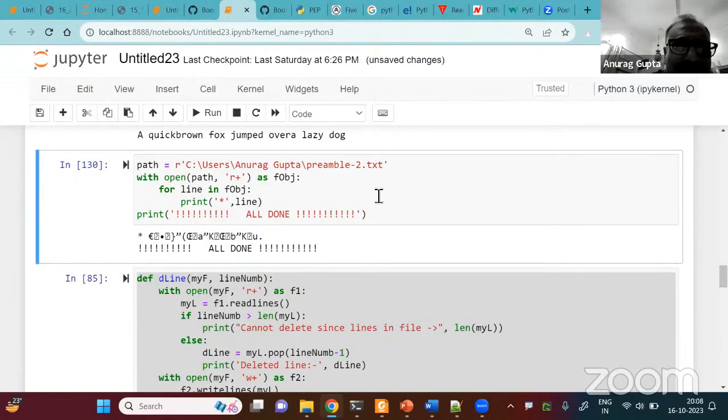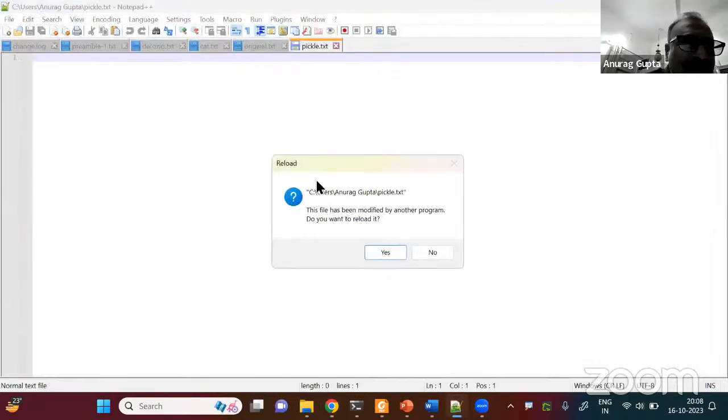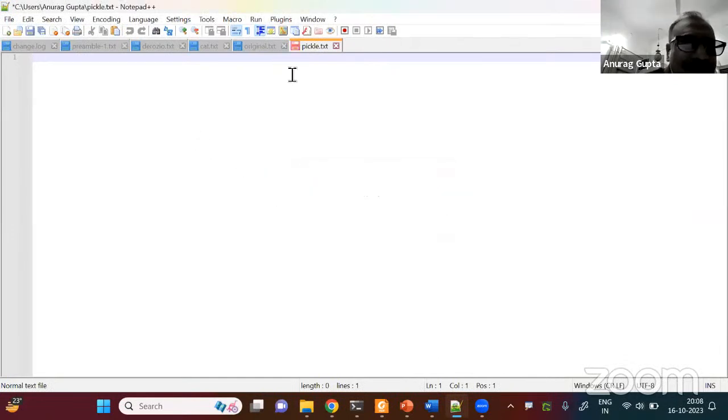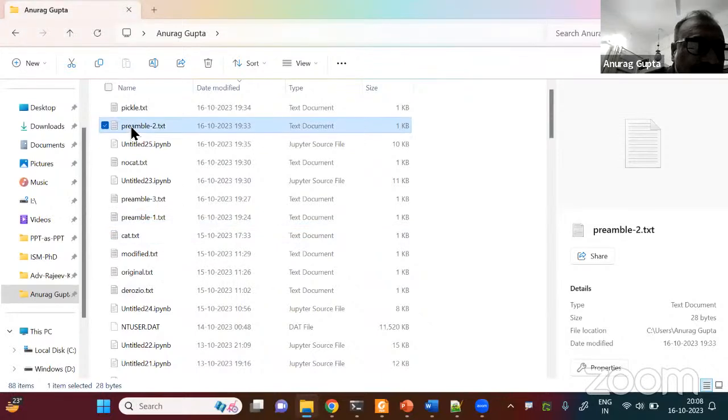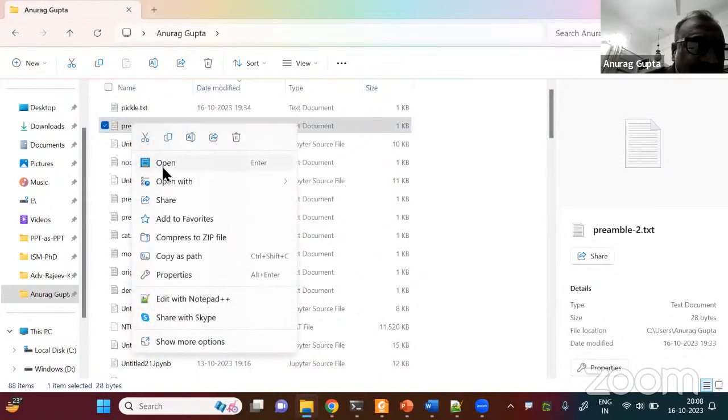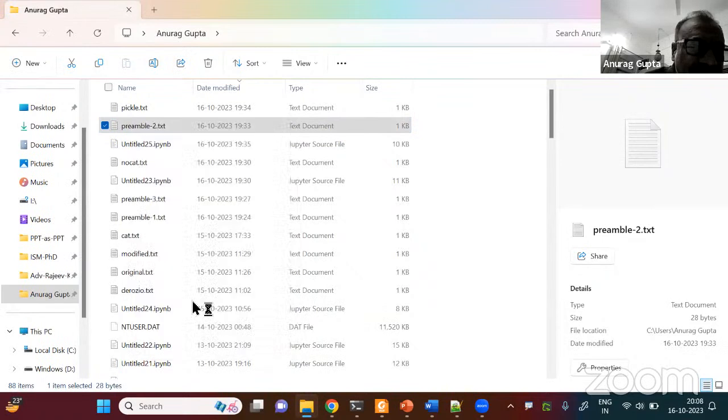Let me open preamble 2 and see what is there in preamble 2. Preamble 2 is not shown here. Let me just open it. This is preamble 2. Let me open it with Notepad.